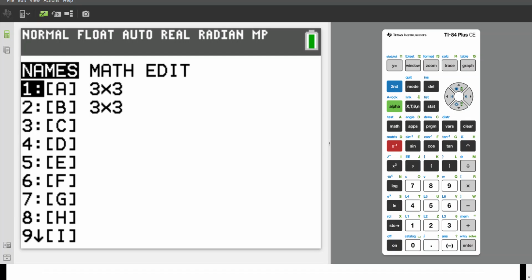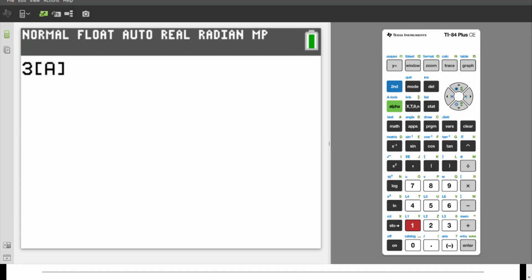I'm just going to click the number 1 on my keyboard, and you'll see there's a 3 bracket A bracket on my screen. So this tells the calculator I want to multiply 3 by A. If you want to stop here, you can click enter and it will give you the answer to the product of 3A, but I'm going to actually do the whole problem all at once and tell the calculator to add